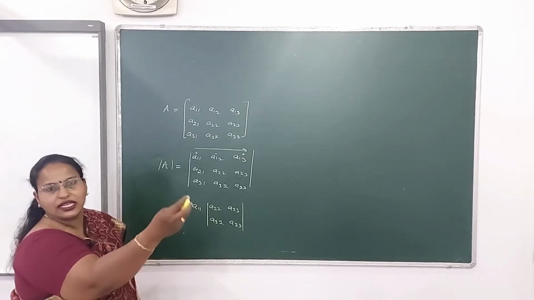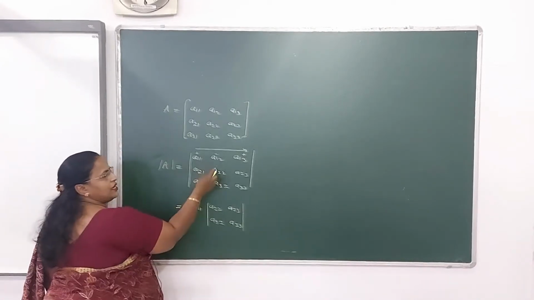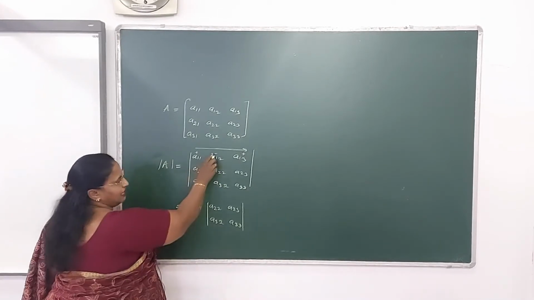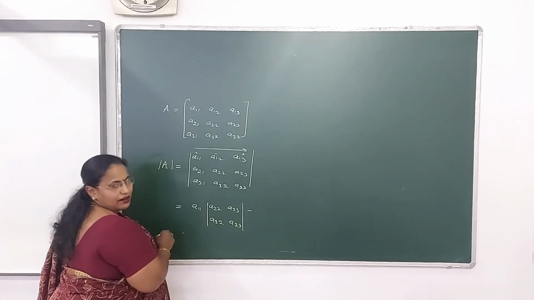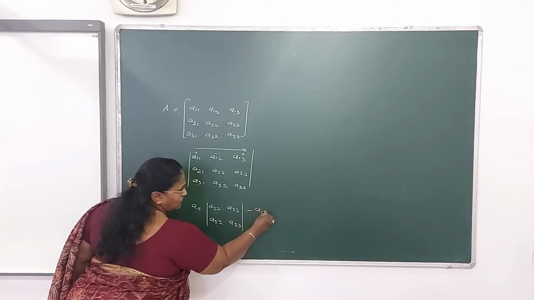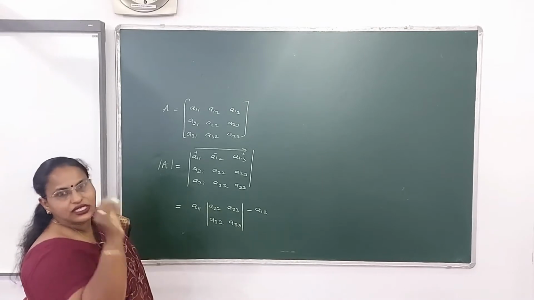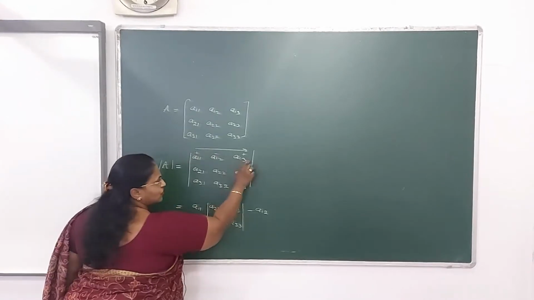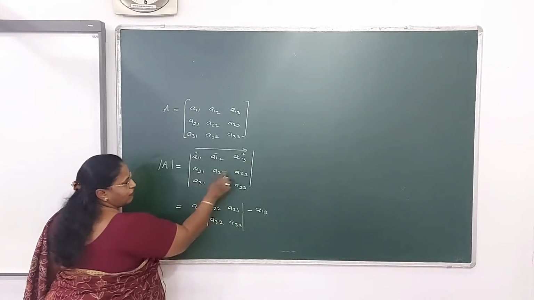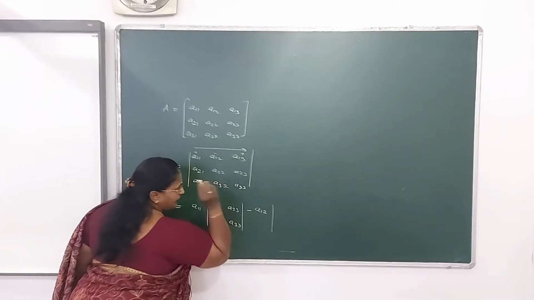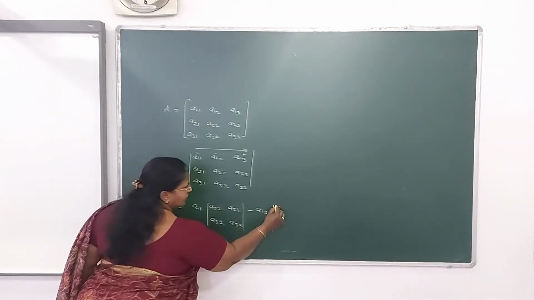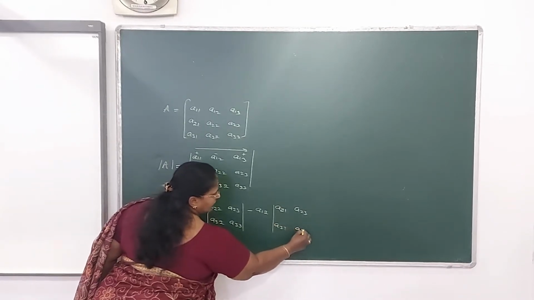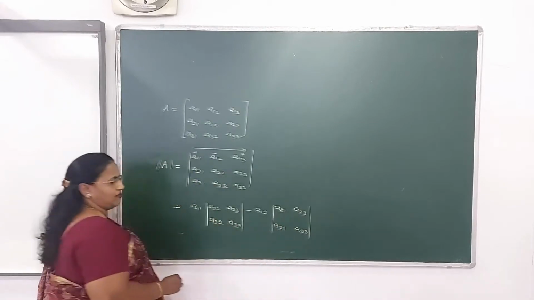Likewise, we'll proceed with the other elements also. The next element in this particular row is A12. And what sign is to be used here? Minus sign. So let us place a minus sign here. And for A12, the same thing: delete the first row and the second column and get the determinant value of the leftover elements. Now 4 elements you are getting here. Get the determinant, so I will place a determinant sign here. It's A21, A23, A31, A33. This will be the next term.